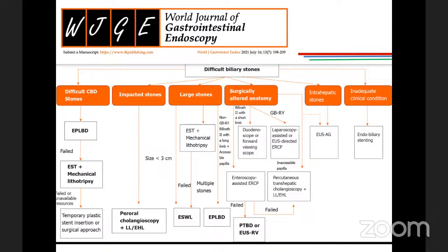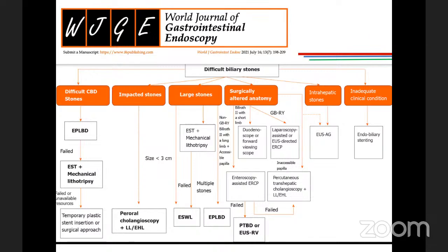How does the CBD behave? I'll tell you the operative findings of patients who have been treated by ESWL. When you go and operate on these patients, again, they were stuck stones. When you open, the CBD is spattered with multiple punctate hemorrhages. Yes, sir. Inflammation, it leads to cholangitis and inflammation of the CBD.